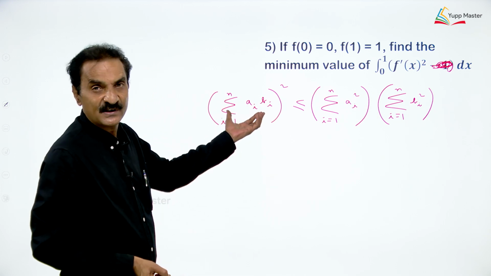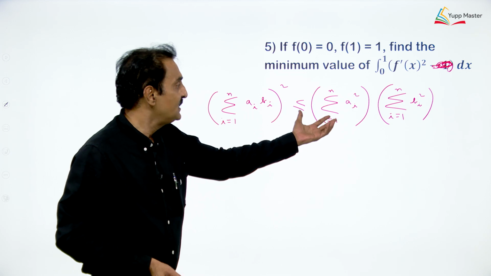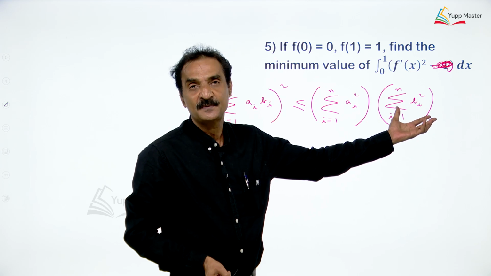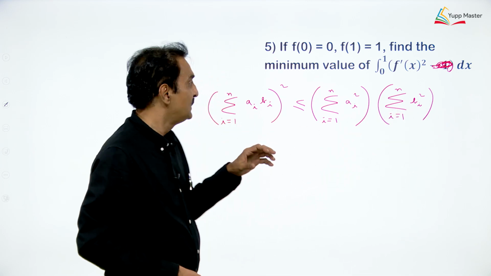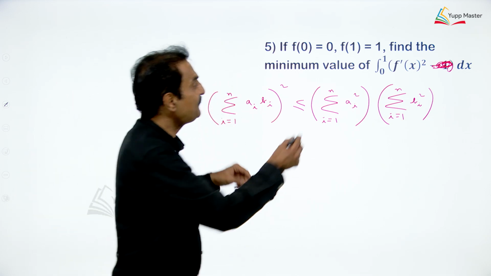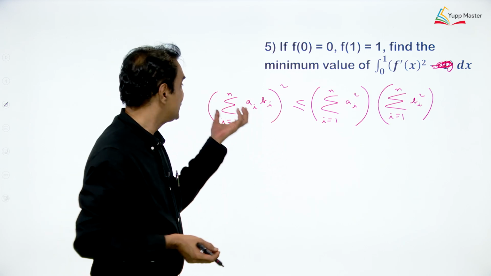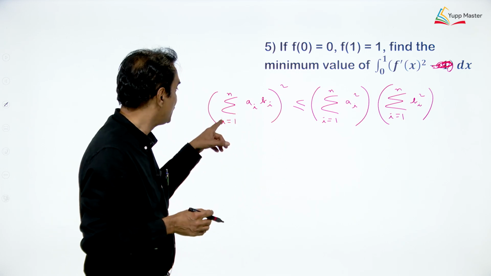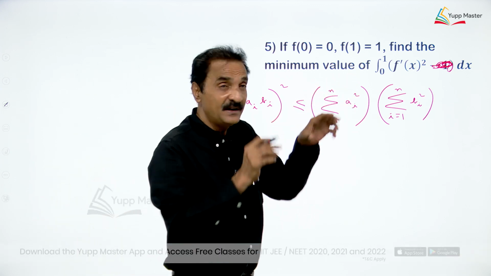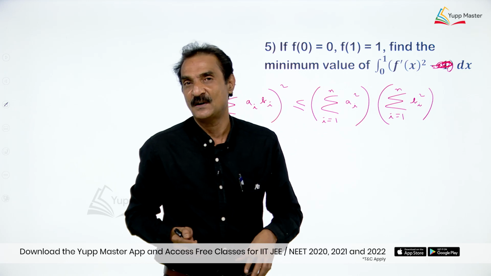Okay. That means the left hand side is a1 b1 plus a2 b2 plus a3 b3 and so on, an bn whole square is less than or equal to a1 square plus a2 square plus a3 square and so on, an square, into b1 square plus b2 square plus b3 square and so on, bn square. Now, the meaning of sigma is summation, and the meaning of integral is also summation. But what is the difference in these two summations? Sigma is used for discrete summation. Here the variable i is taking only integral values 1, 2, 3 and so on till n. But in integration it is a continuous variable. The variable continuously varies from 0 to 1.